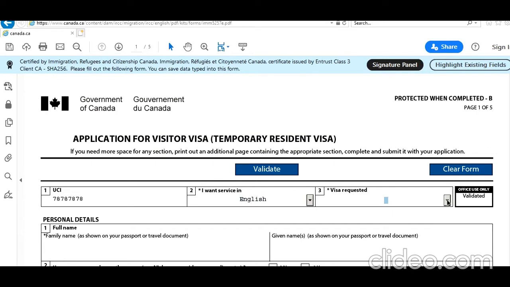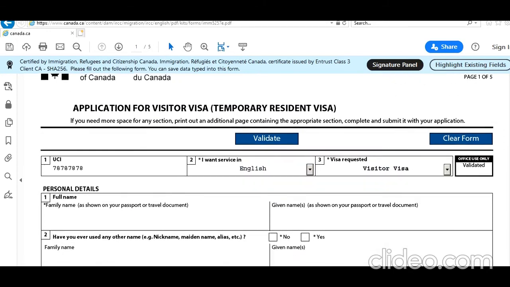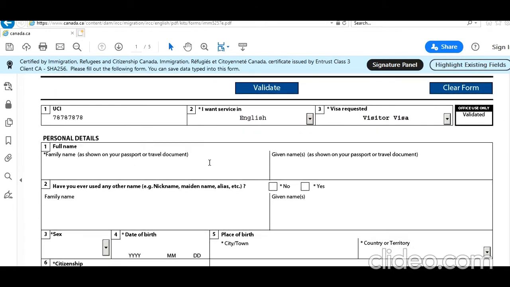Let's go to the drop down. To visa, personal details, family name, so let's say his name is John Smith. John, have you ever used any name? No, he hasn't. He is male, and let's say he was born on 1996 0101. Place of birth, New Delhi, country India,